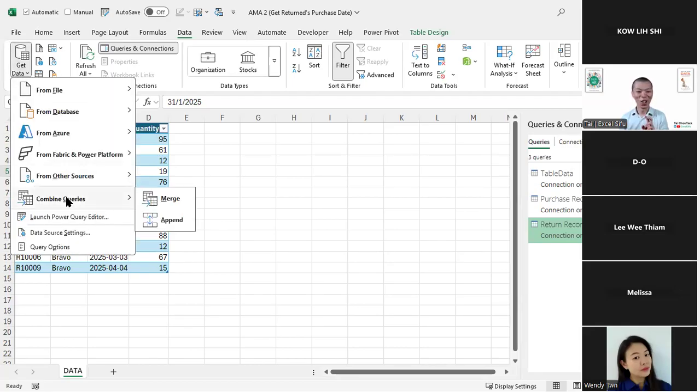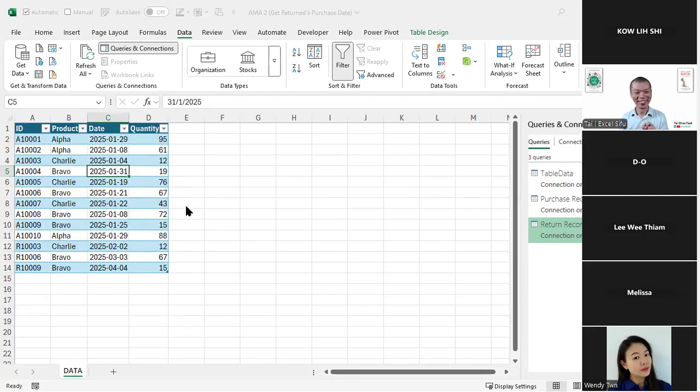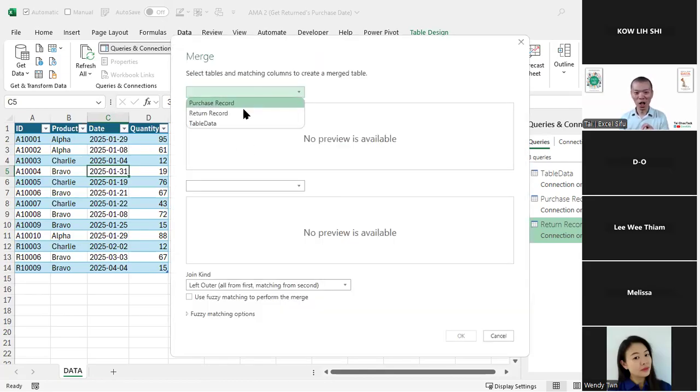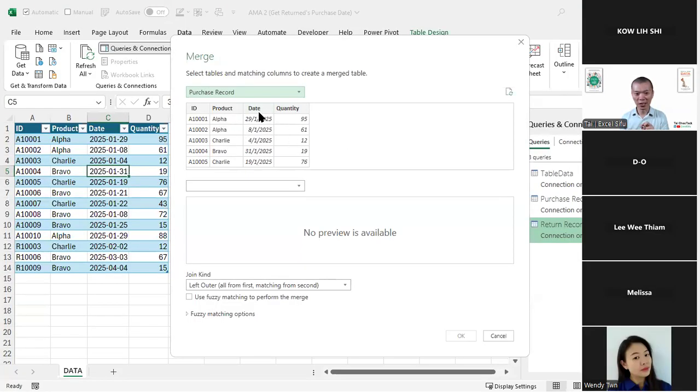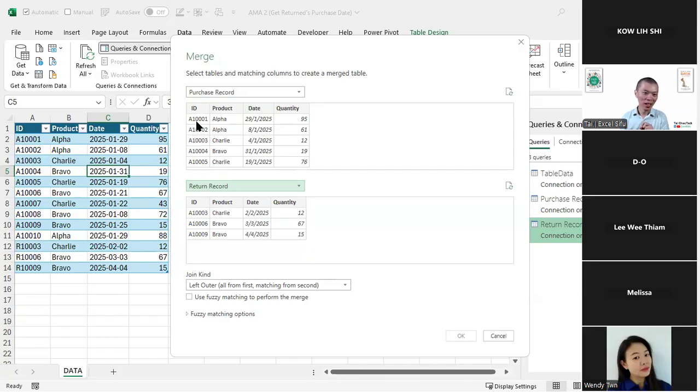Then we continue again, combine queries, merge. Inside merge, the one on the top is the purchase record because we want to show the data from purchase. Example, the date, the quantity, and the return records at the one at the bottom. And now they are having some similarity. Click on the ID, click on the ID. By default, it uses left outer. Left outer means it will show everything on the top. Whatever it doesn't show, it will just remain there. Whenever it doesn't match, for example, here,